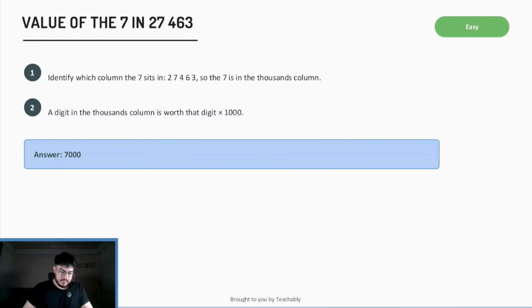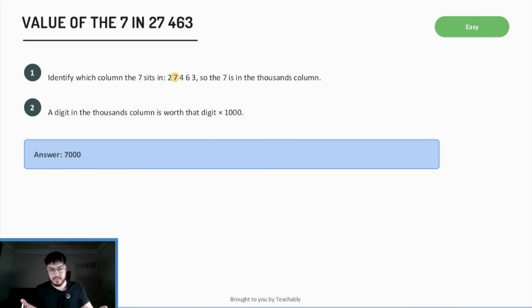Value of the 7 in 27,463. I think we already did this example, but let's just keep on doing the example until it's boring, because that's when you know that you understand it fully. So identify which column the 7 sits in in that whole number, and we can clearly see it's in the thousands column. So the 7 is in the thousands column, therefore a digit in the thousands column is worth that digit